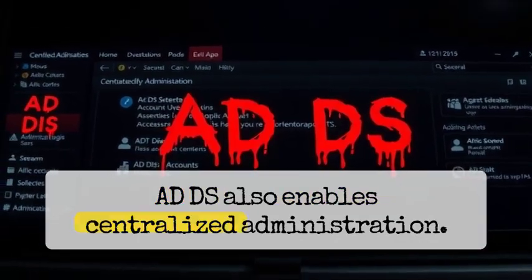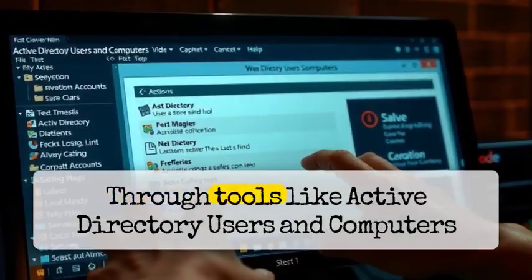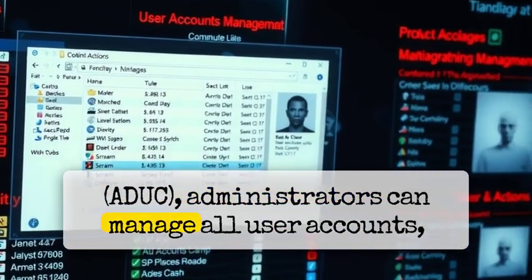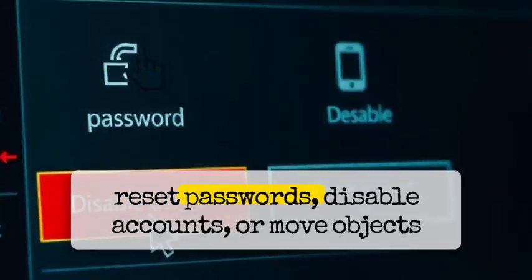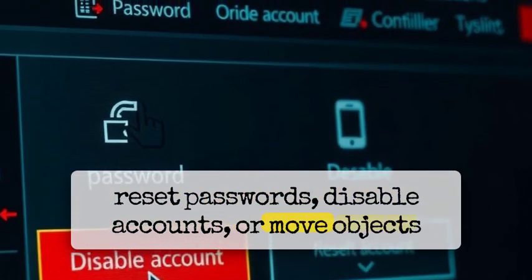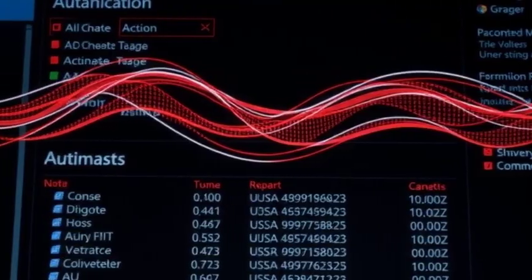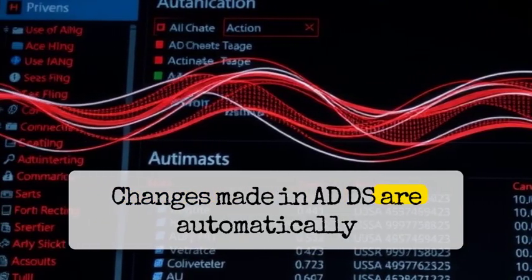ADDS also enables centralized administration. Through tools like Active Directory Users and Computers, ADUC, administrators can manage all user accounts, reset passwords, disable accounts, or move objects between organizational units (OU) from a single interface. Changes made in ADDS are automatically